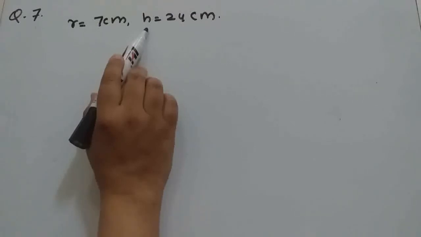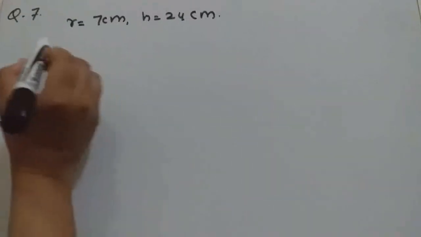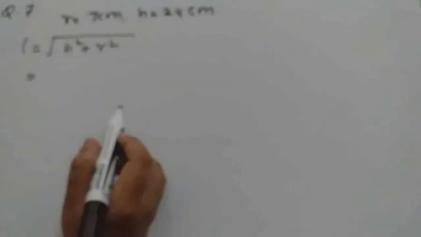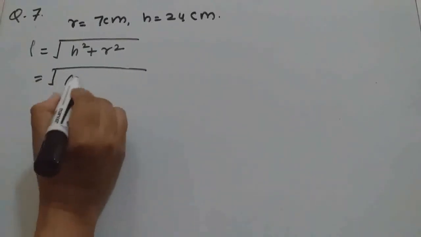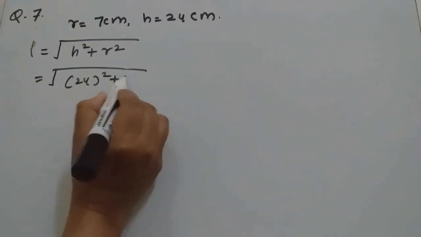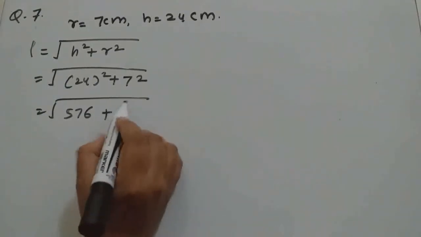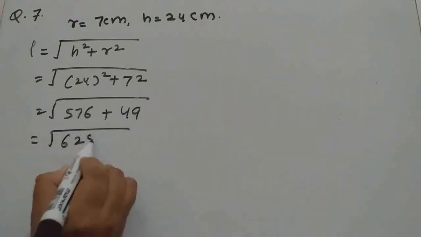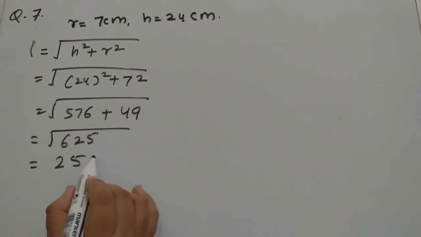H is given to us. So what will we do here? First we will find L using these two dimensions. So L will be the square root of H square plus R square. So 24 square plus 7 square. This will be 576, and 7 square means 49, which will be 625, and the square root of 625 is 25